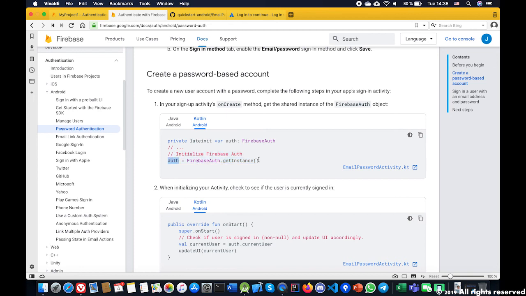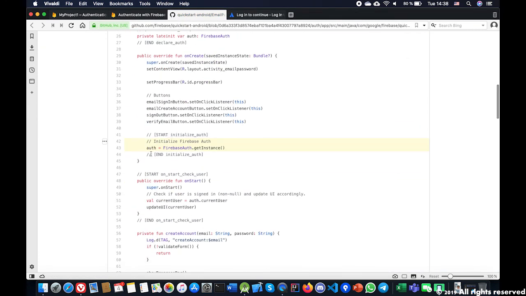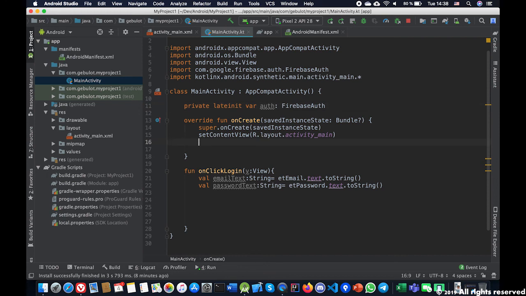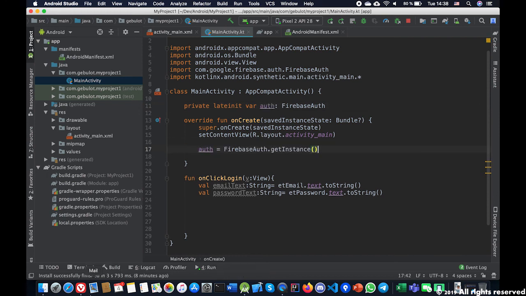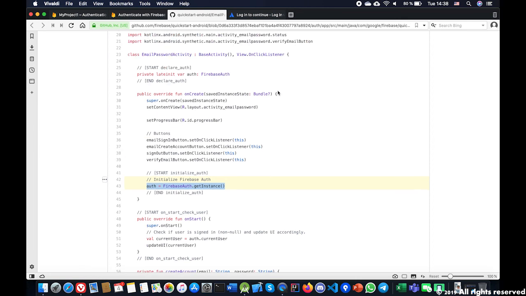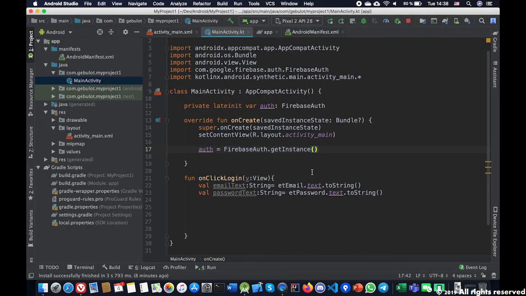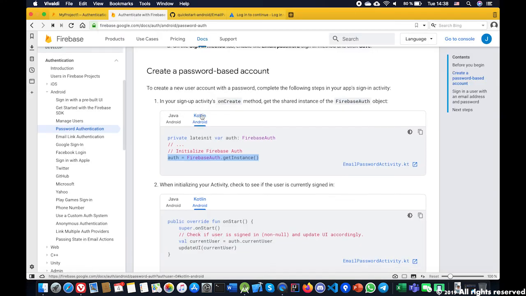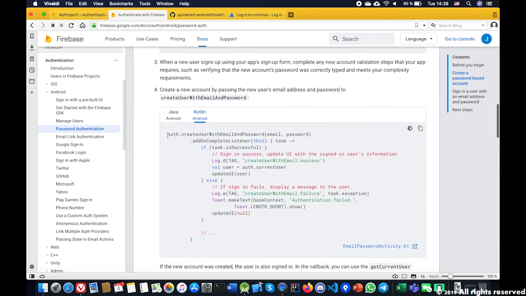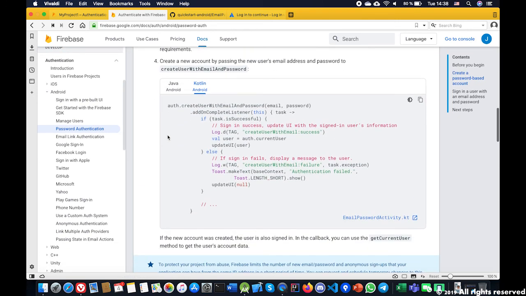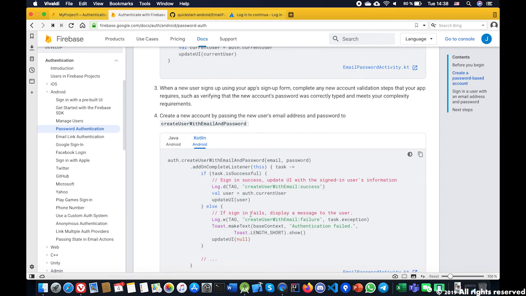The following step in the tutorial is telling us that we have to give it a value. As you can see, by saying auth equals something, in this case equals the instance of this class here, we're telling it that it has a value. We're giving it a value. And where should we put this? Well, we go here and we search where. As you can see, it's right here. So we're going to copy this, and again, we'll add it inside the onCreate. As you can see, it's inside the onCreate. Great. Perfect. So now